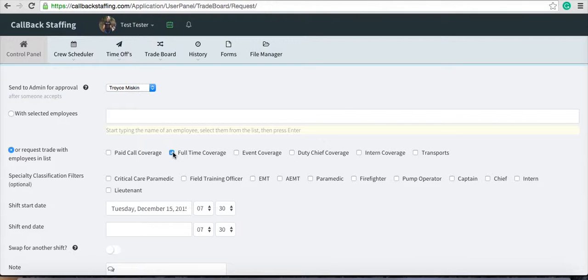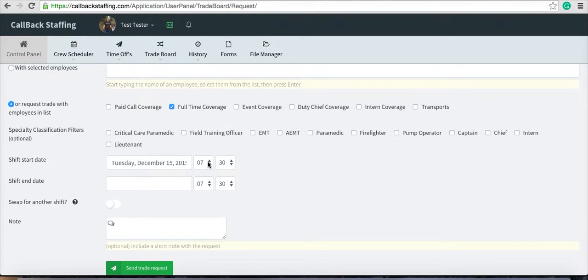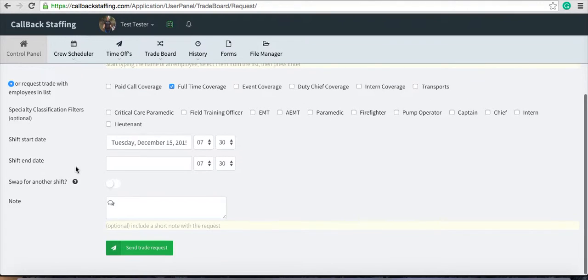So anyone who's already working, it's not going to send them a trade request. So this is a very good way of figuring out who can trade with you without having to figure out on paper who can trade with you. In this case, we may need to do a specialty classification, such as if I know that when I trade, I need to trade with a paramedic so that we can keep minimum staffing at the fire department, then I could click on paramedic and make sure that it gets traded with the correct person. Same thing here, just make sure that it's set 7:30 to 7:30, and then you will just send the trade